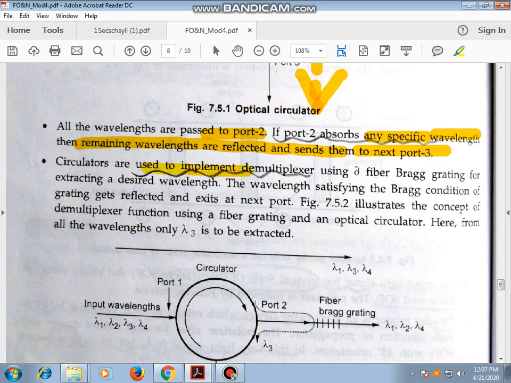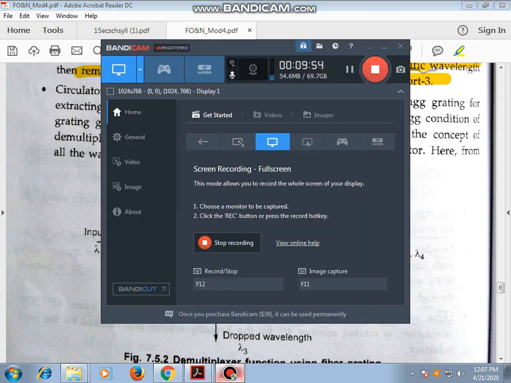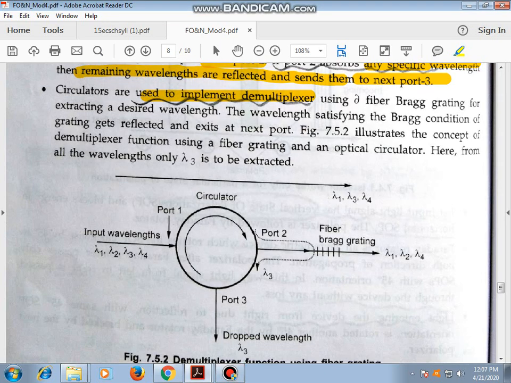Circulators are used to implement a demultiplexer. You should observe that the circulator is used at the demultiplexer site. You use a directional coupler at the multiplexer side and a circulator at the demultiplexer site. Using delta fiber Bragg